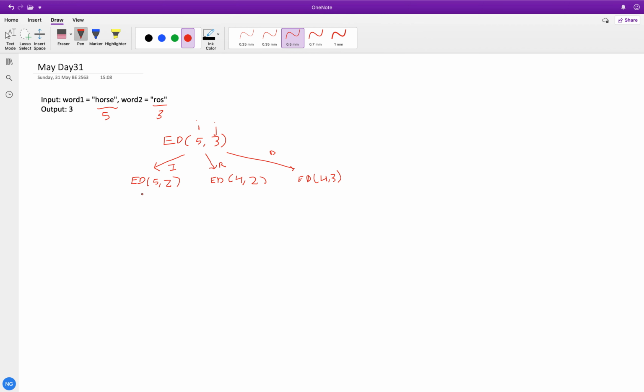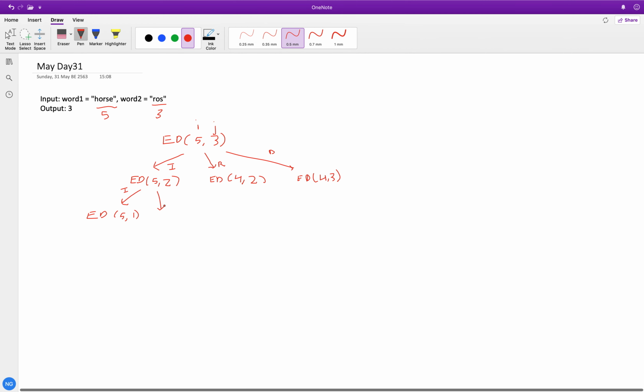Similarly, we will go on again like this. Again we will apply 3 operations. Let's say we apply the first one, so it will become ed of 5, 1, because we inserted a new character which is equal to O in word 1.